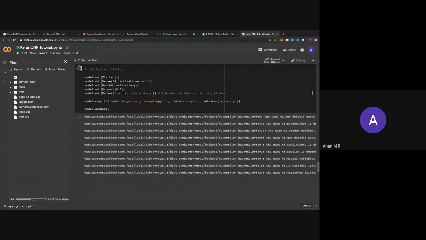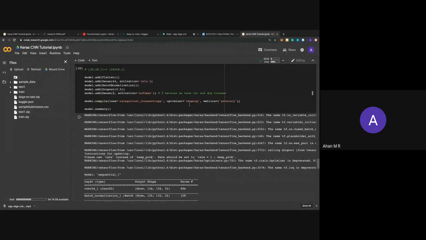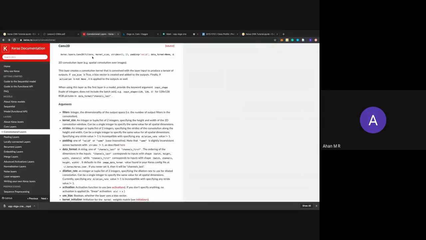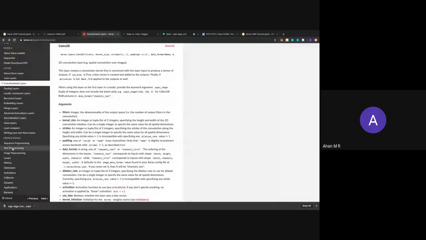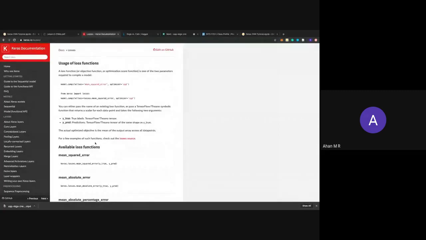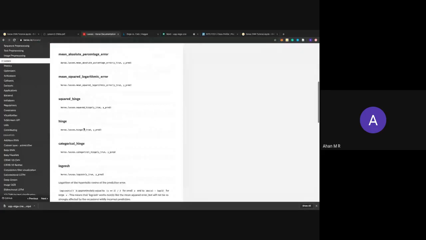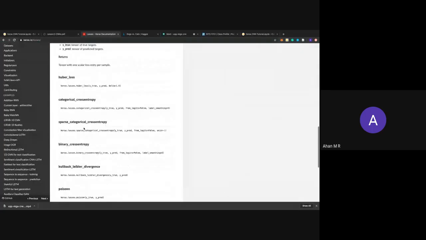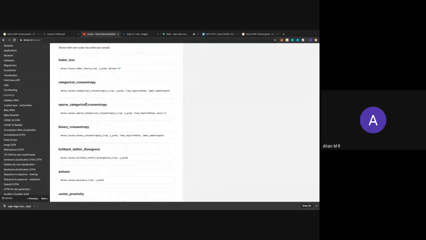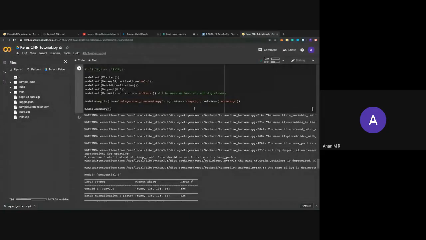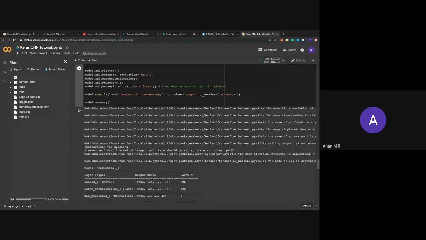And today I also wanted to point out that if you want to use different optimizers and metrics, you can definitely go to the Keras website, and it has a lot of different loss functions. So I suggest you use the documentation. You can use mean squared error, mean absolute error, and a lot of different ones, since you can theoretically understand how each and every one of them works and use that in your network, and not just stick to Adam or RMSprop. You can even change the learning rate of your optimizer using the documentation.